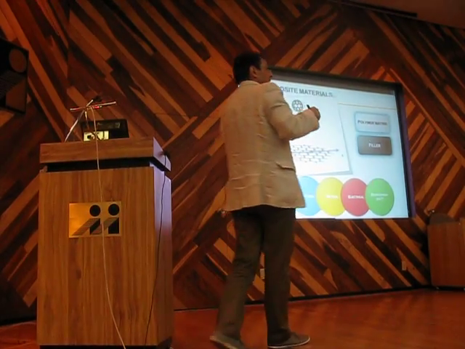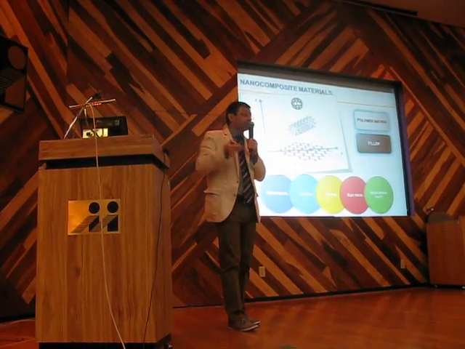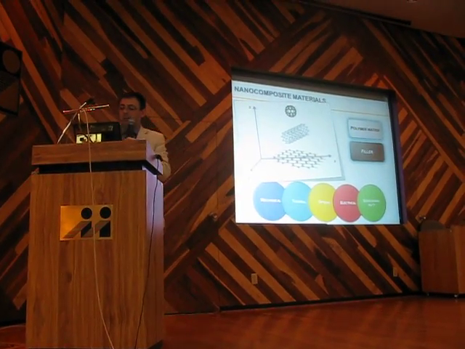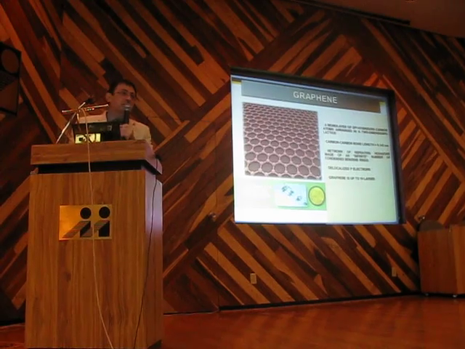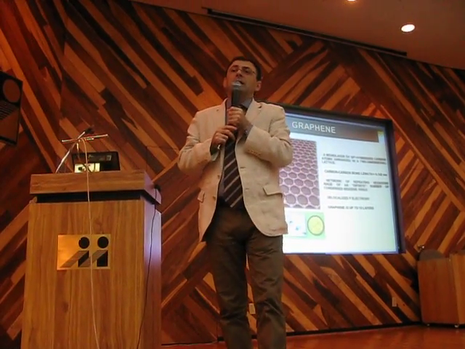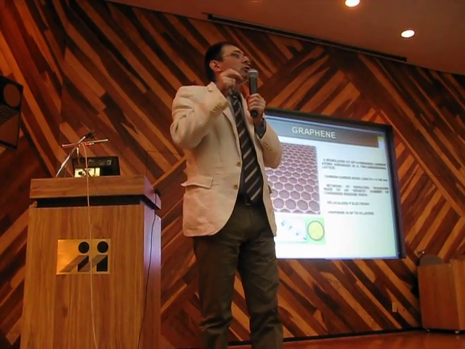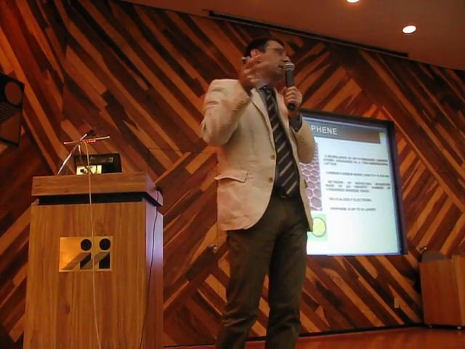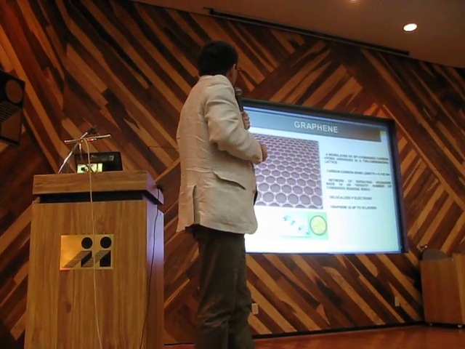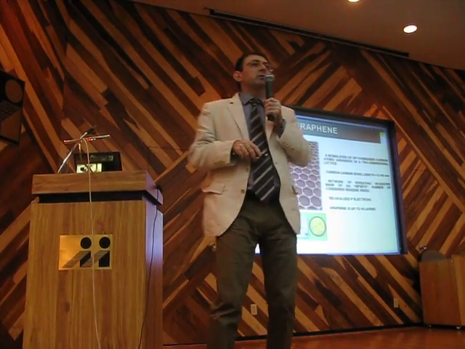For example, clays, molybdenite, and graphene. What is graphene? As you know, graphene is any single layer which constitutes graphite. Very simple. It was for the first time isolated by